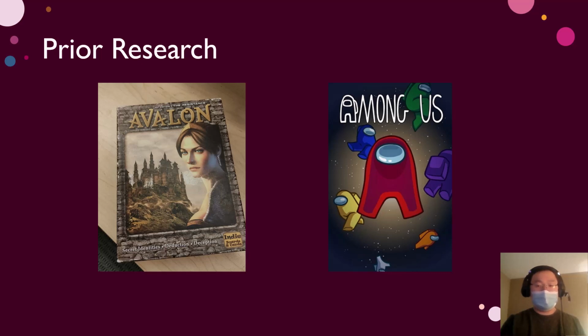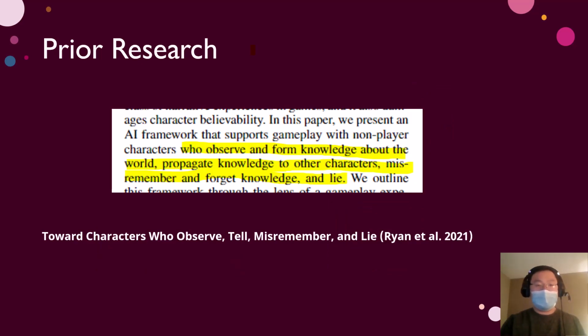For example, in social deduction games like Avalon or Among Us, such games often require lying as part of the game mechanic. However, NPC interactions differ fundamentally from interactions with other humans, and there has been a trend for NPCs to more accurately model human behavior, including emotions, social relationships, and most relevantly, the ability to lie and deceive. Realistic NPCs are important because they impact the player's immersion in the game, and developing such NPCs is a popular